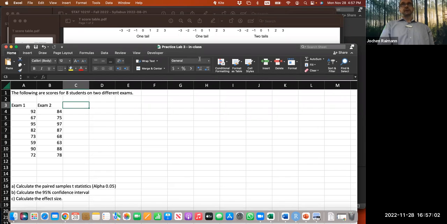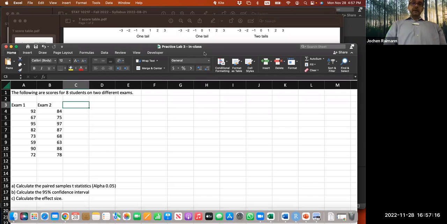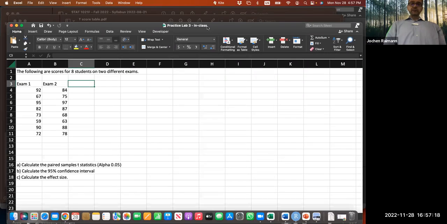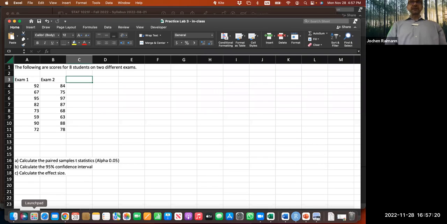Can you find that in practice lab? It's on module 18 on Canvas. You have practice lab 3 as an assignment, and this Excel sheet should be downloaded from the assignment. And we're going to create today, there's also practice lab 3 solution R code,